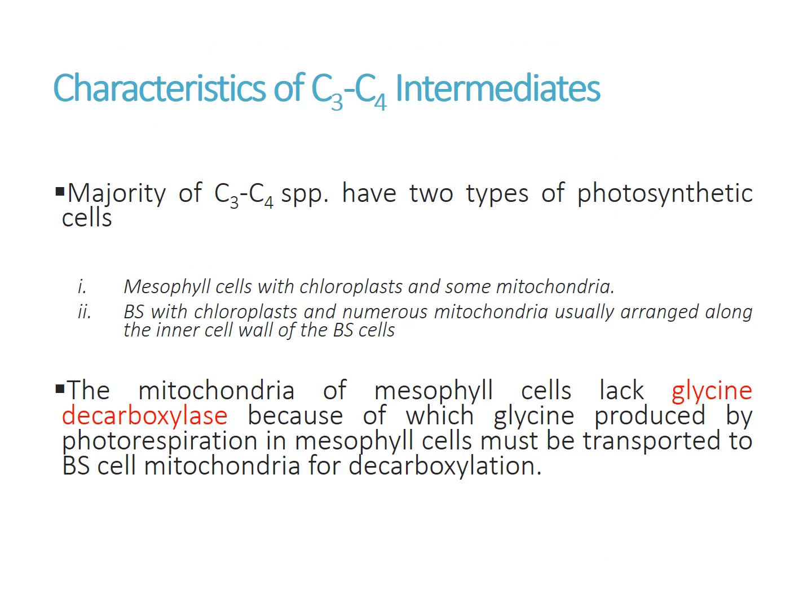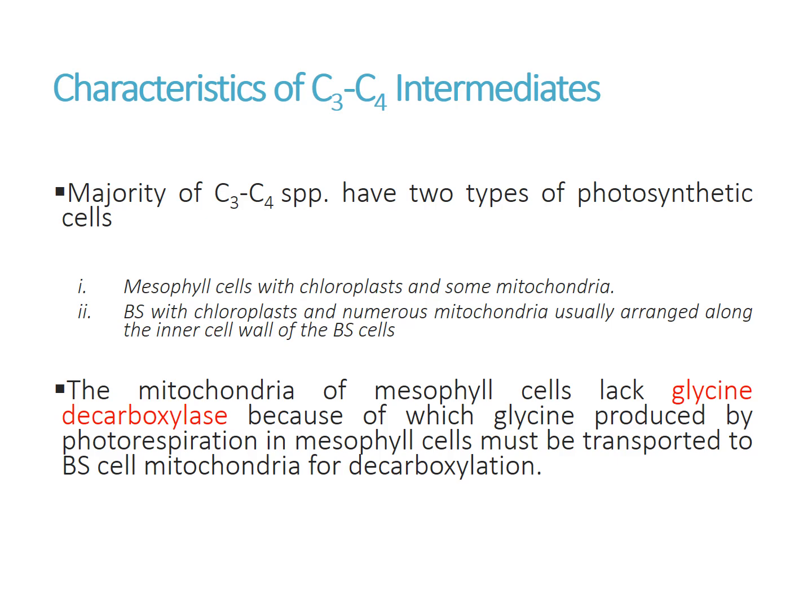Characteristics of C3-C4 intermediates. The majority of the C3-C4 species have two types of photosynthetic cells. Number one is the mesophyll cells with the chloroplast and some mitochondria. And number two, the bundle sheath cells with the chloroplast and numerous mitochondria usually arranged along the inner wall of the bundle sheath cells. The mitochondria of the mesophyll cells lack glycine decarboxylase, which is an enzyme required for the decarboxylation of glycine,